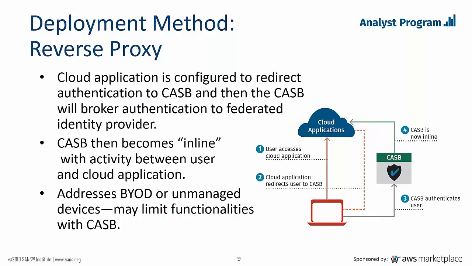So how does this work? Well, our users will access a cloud application. The cloud application will forward us to our CASB, and the CASB will broker authentication to our identity provider. Once the CASB brokered that authentication, it almost puts itself in line to broker the communications between us and our service providers. Now, again, this is a great option for those that have bring your own device or unmanaged devices